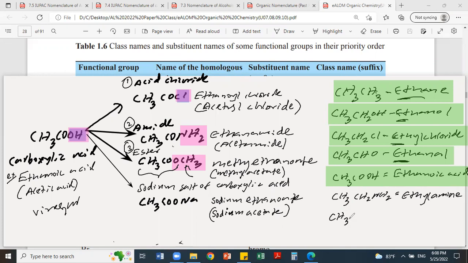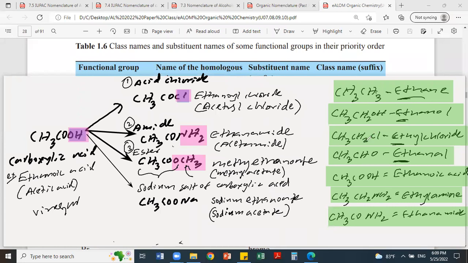Then CH3CONH2, ethanamide or acetamide. All this you can use that aceto word also: acetic acid, acetaldehyde, acetylamine, acetamide, like that. But I don't prefer that one, because for the IUPAC name you have to use the eth word, ethyl, because of 2 carbons. Like that I can write many more, at least the major ones in your syllabus, so you have to remember this. Any other you can start with, or you can start the same thing with